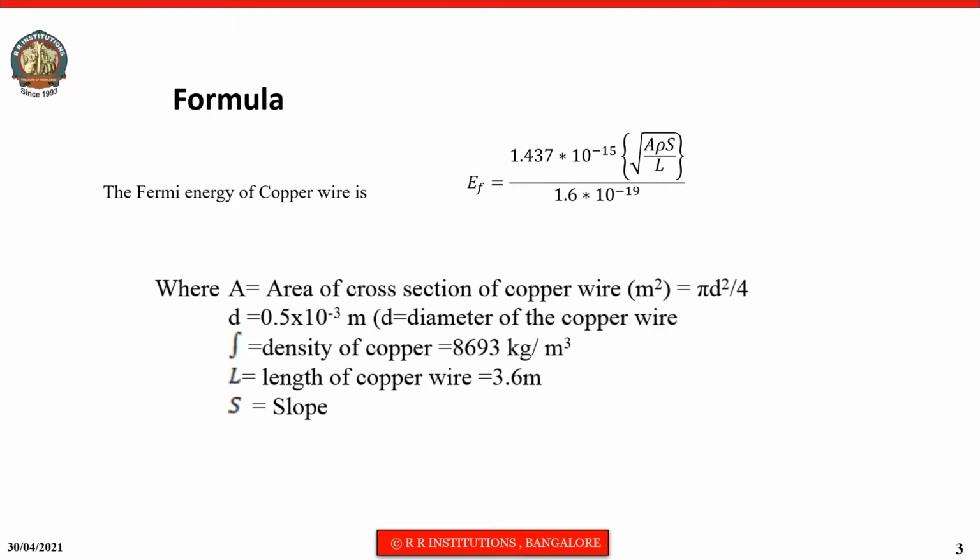The formula to calculate Fermi energy of a given metal is EF equals 1.437 into 10 to the power of minus 15 multiplied by the square root of A rho S divided by L, and this will be in joule. In order to convert to electron volt, I just divide it by 1.6 into 10 to the power of minus 19, where A is the area of cross section of copper wire,